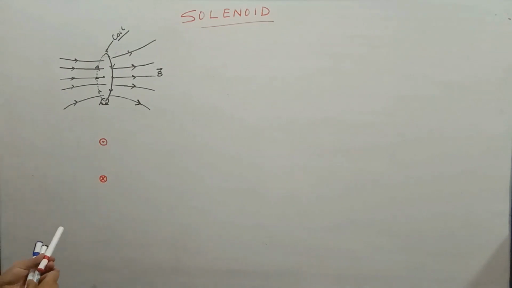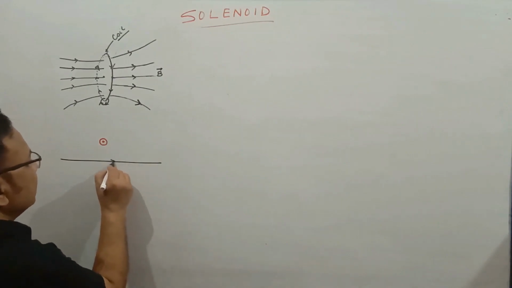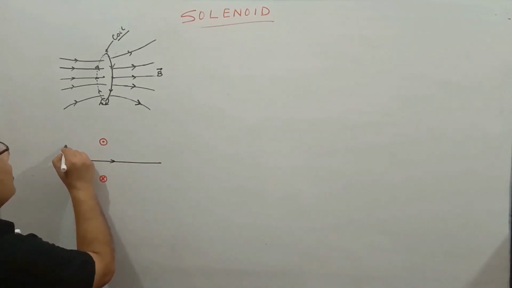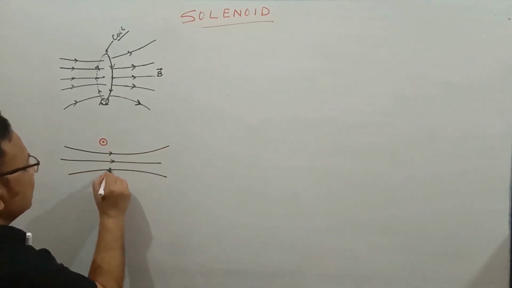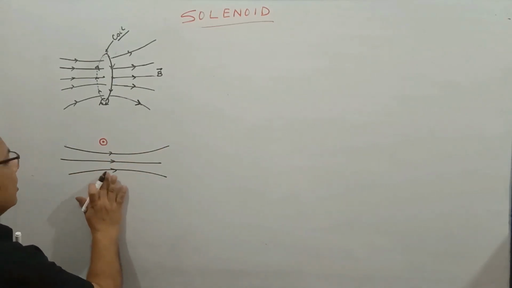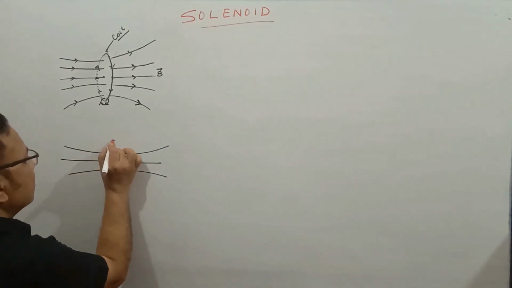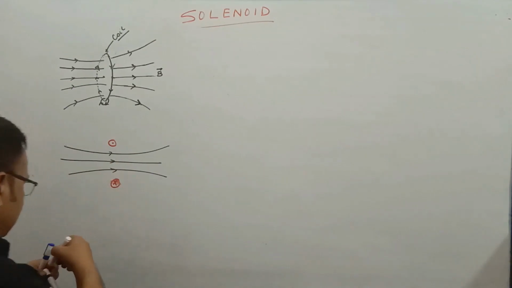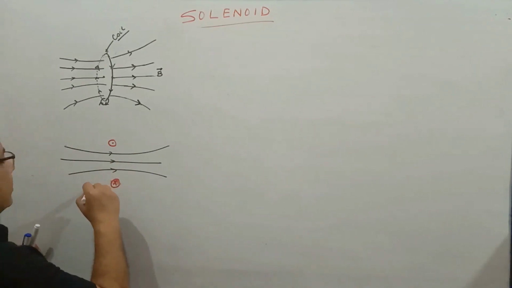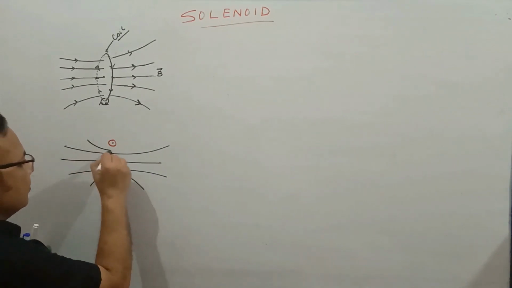If you draw the field lines, they should be somewhat like this. The line going straight in between, and the others somewhat curved, and this side as well, a symmetrical figure. Here the symmetry should be there at the central line, like this. And on this side, as the lines go near each other, they are going to curve in this way.